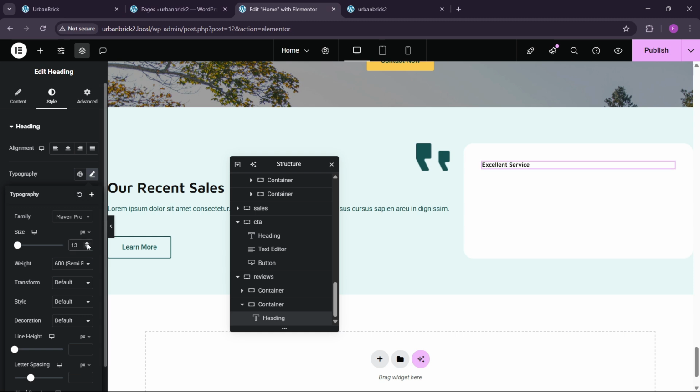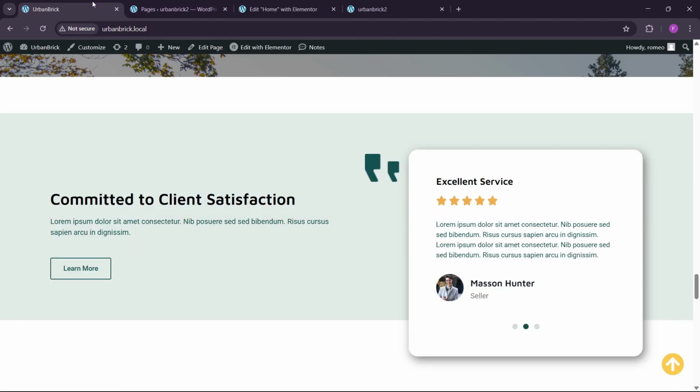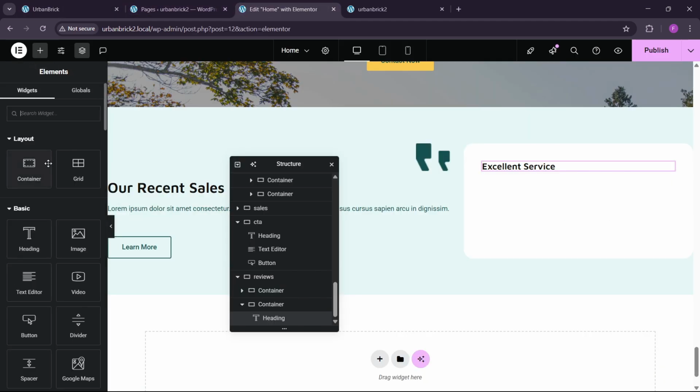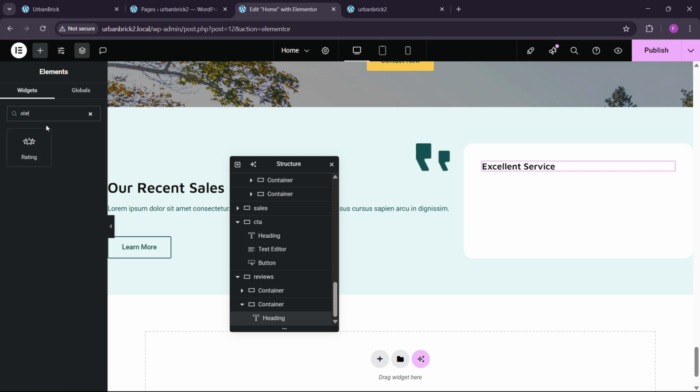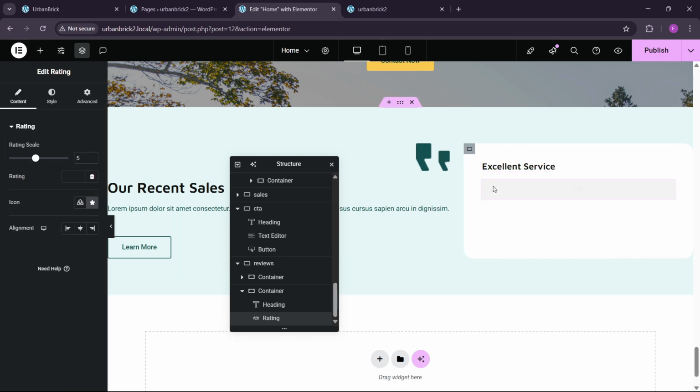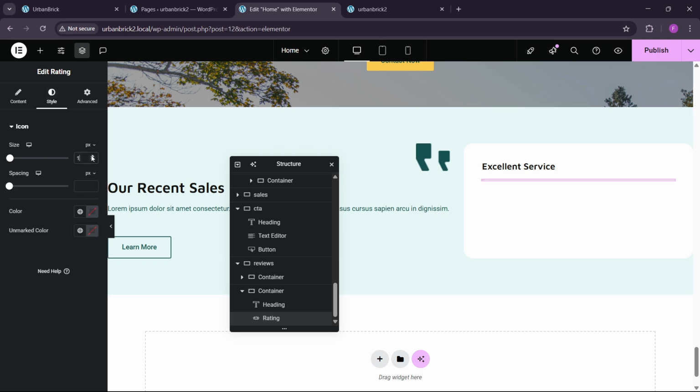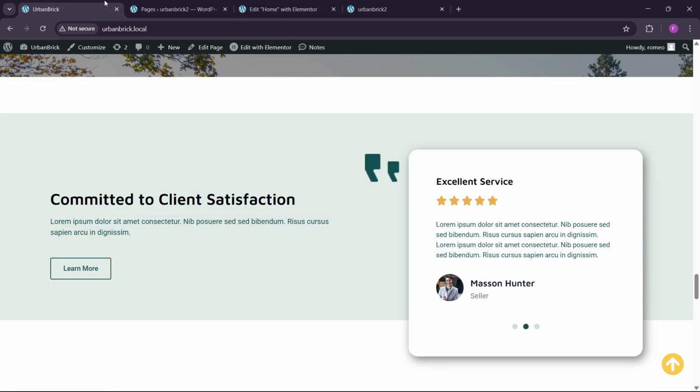Okay, and here we can have this to 20, and we can have this star. Okay, and here we can have this size to this 3, and